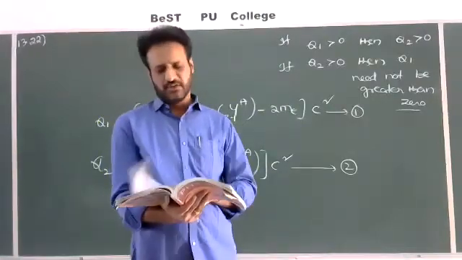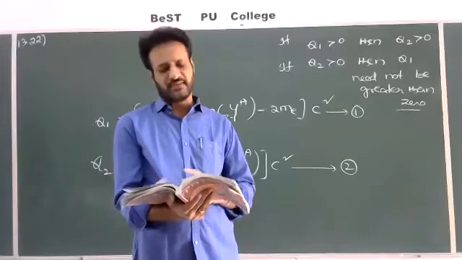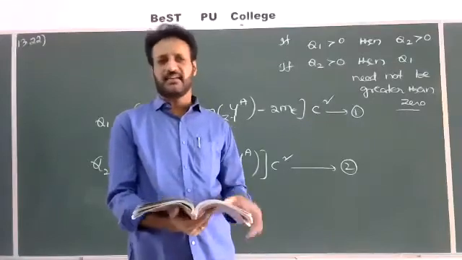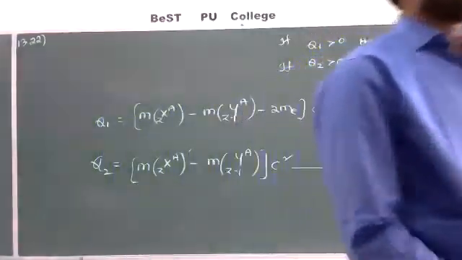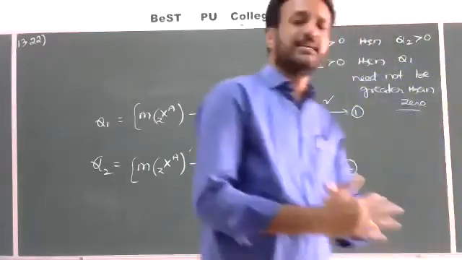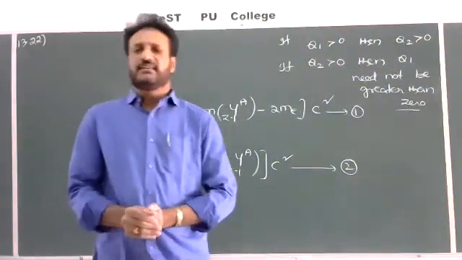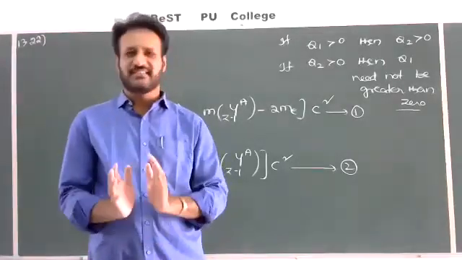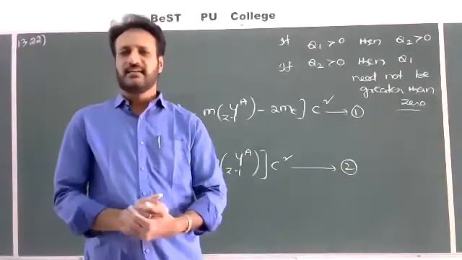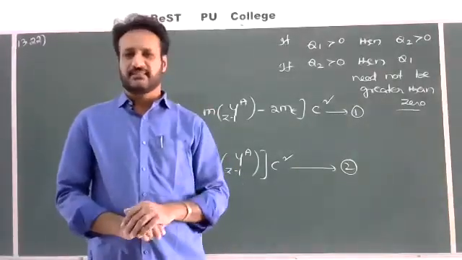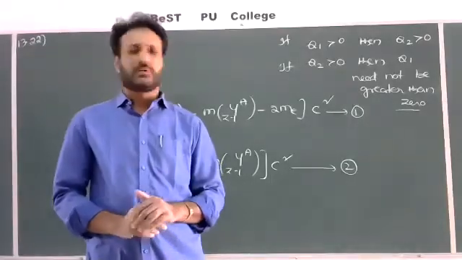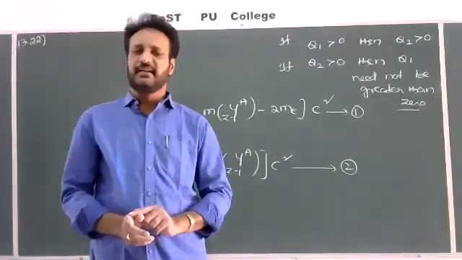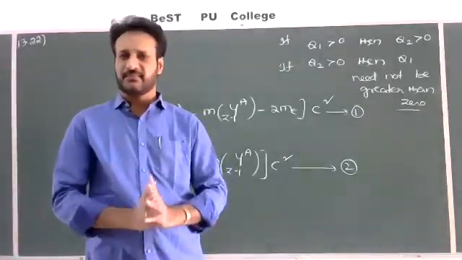So with this, all the numericals from the textbook I have solved. Whenever you have the time, try to revise the chapter clearly. If any change of the syllabus is there, I think more than 50% of the chapter will be deleted. If no change is there, we can go for the total syllabus. Depending upon the PU board's announcement, we have to wait. CBSE already deleted 30% of the syllabus.